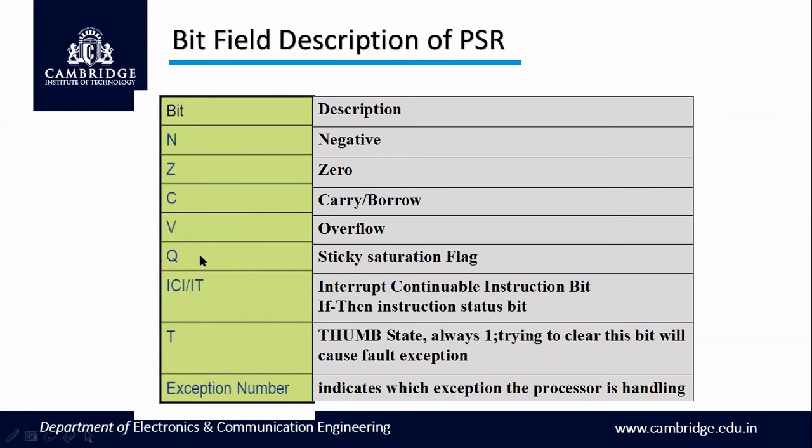This flag would get set as a result of a few instructions being executed, wherein you have values exceeding the saturation level. Whenever it exceeds, this flag would get set and it continues to be 1 until it is cleared specifically by the user by writing a suitable instruction for it. So these are the 5 flags in the APSR.